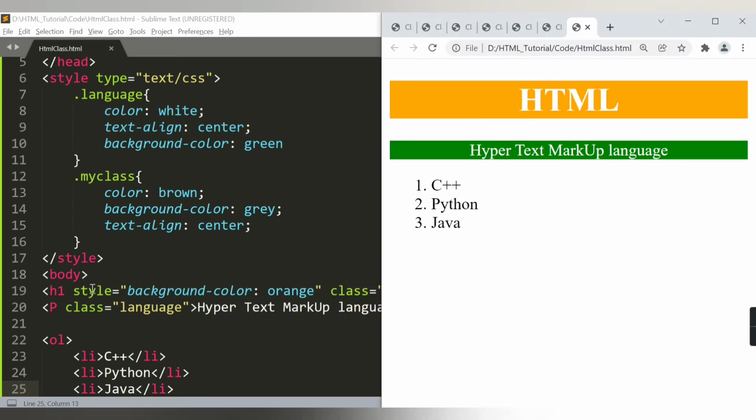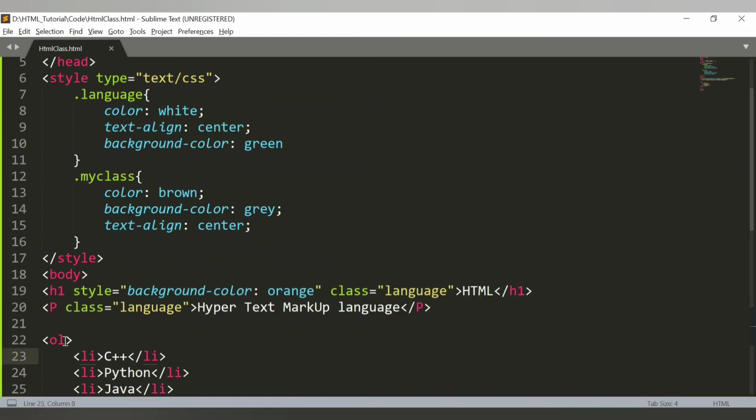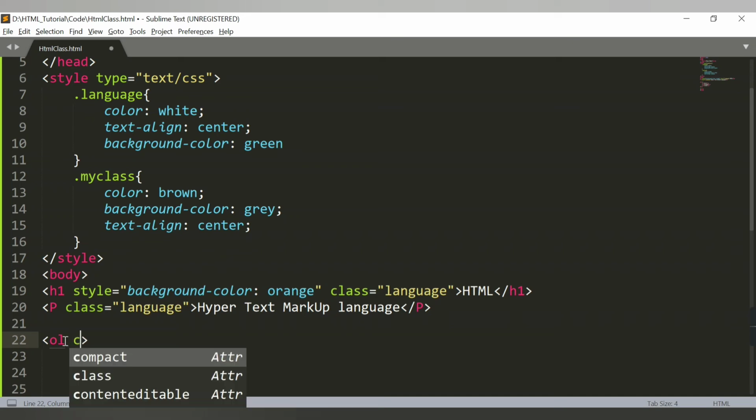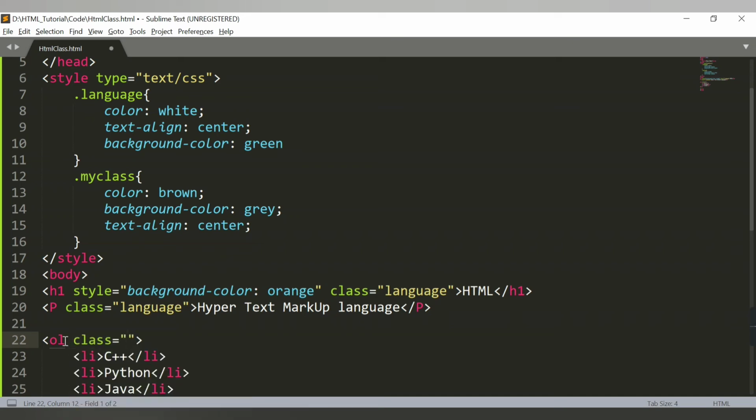So see, now this heading, which we have provided HTML, is using the .language class. So all the properties are getting applied. We have a paragraph, which is using the language class, and we have one ordered list. We haven't used my class yet, so let's use that class. If I provide it in the ordered list, I will provide class name as my class, save it.